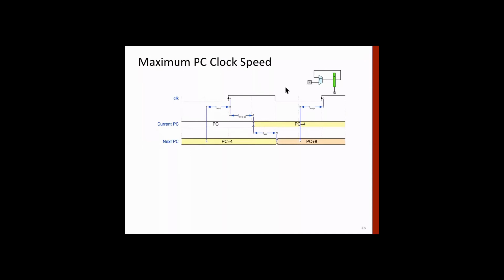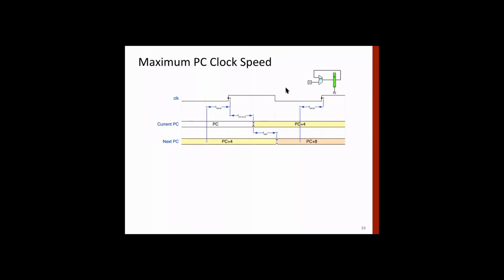There has to be setup time and then clock to Q delay. So the combination of these three gives the maximum time that's required, and that should be done within a clock cycle, because the result should be available such that at the next clock edge, whatever result is available will be written into the register, the subsequent register, or the same register after feedback. Okay, remember this thing, right?